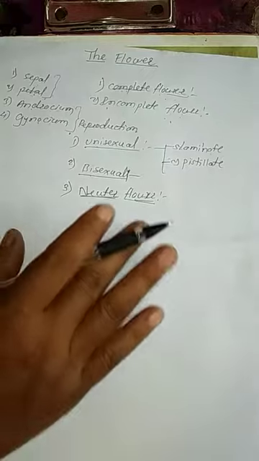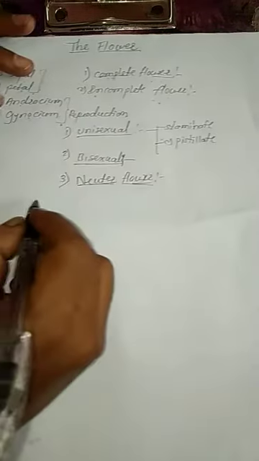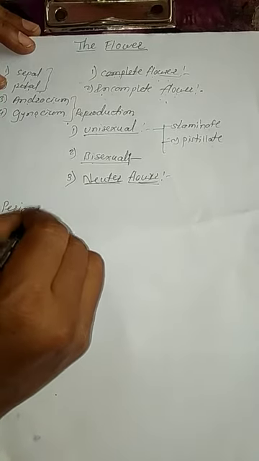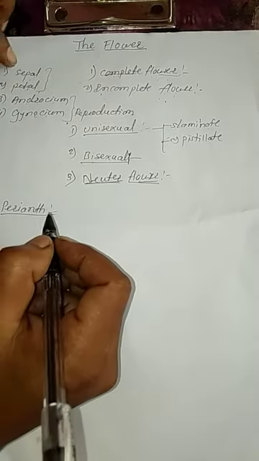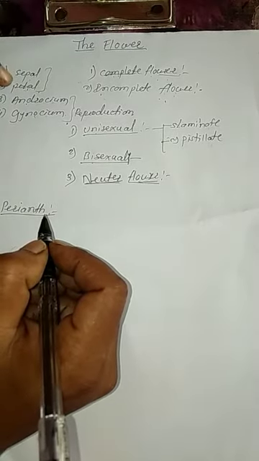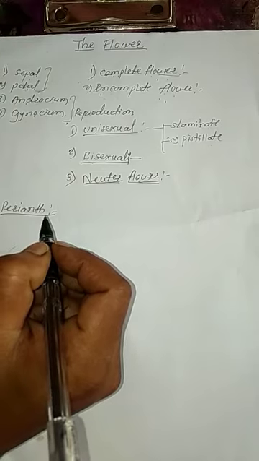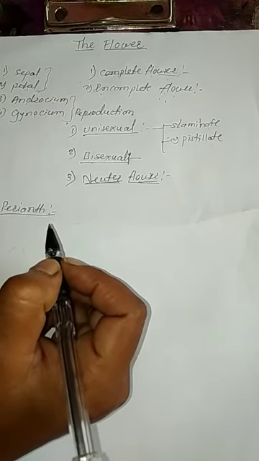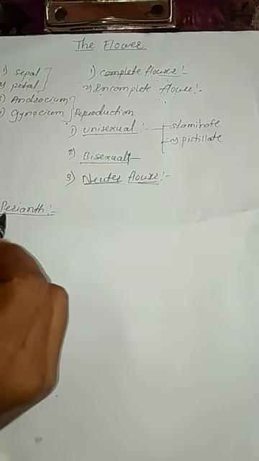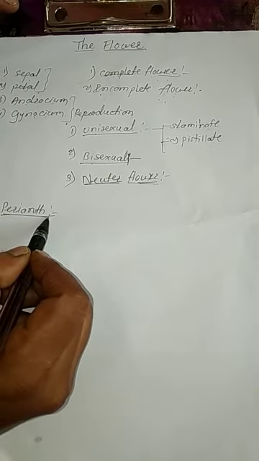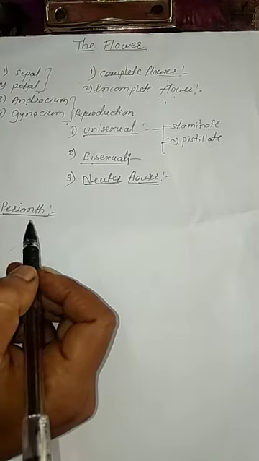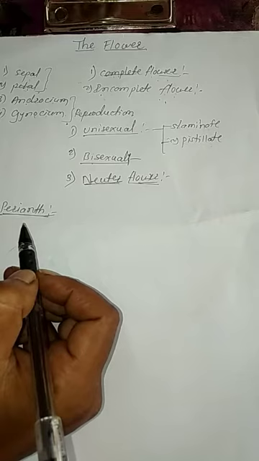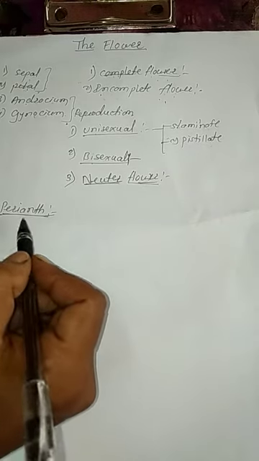Understood? The next important definition is the perianth. Perianth means what? See, the sepals and petals are undifferentiated together, meaning the sepals and petals are fused and become one single part of the flower. This is called the perianth. Got it? What is meant by the perianth? Perianth means the sepals and petals are undifferentiated and fused with each other. This condition of the flower is called the perianth.